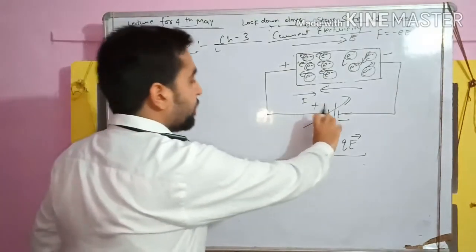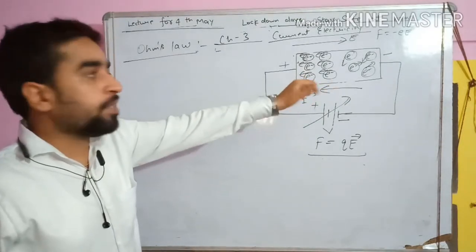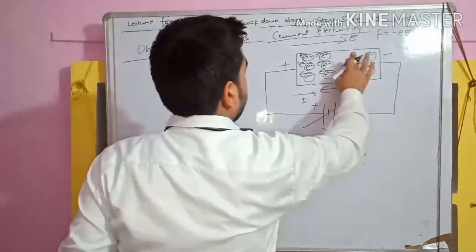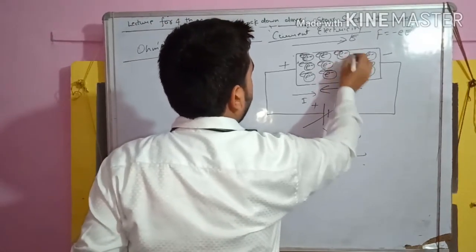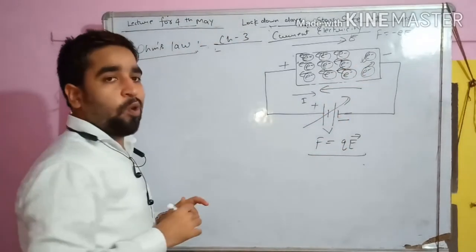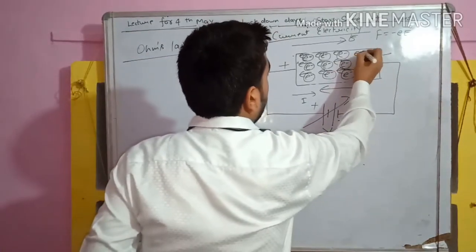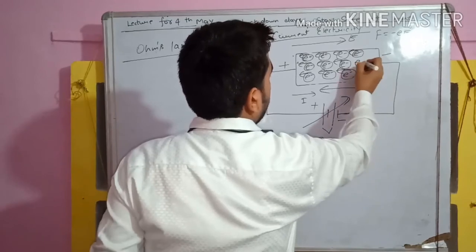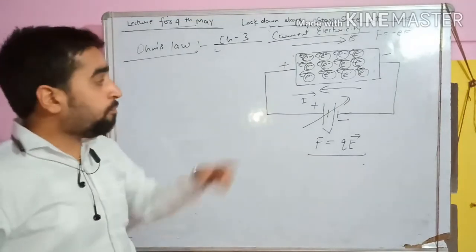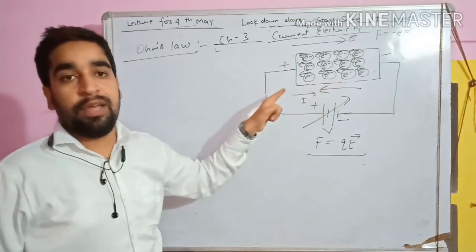Once we increase the potential difference, what will happen? The electrons that drift in the direction opposite to the electric field will increase. Suppose this electron wasn't affected before, now it will be affected. This electron also will be affected, and this electron too. Now, once I increase this potential difference further, what will be the condition? Then more electrons will start drifting in the opposite direction. What will be the result of this? The number of electrons drifting opposite to the field will increase,